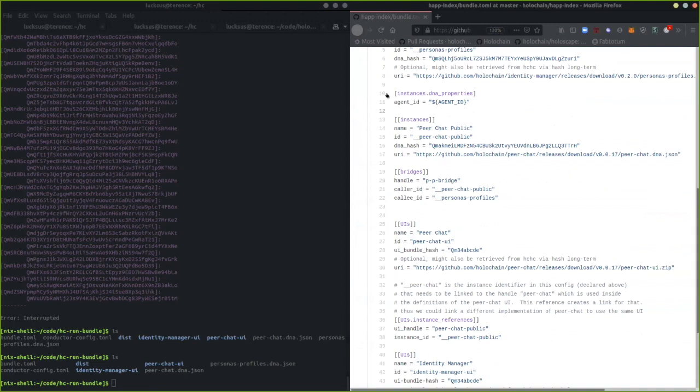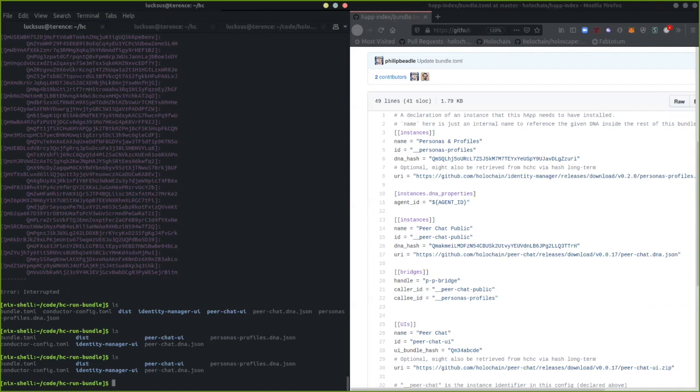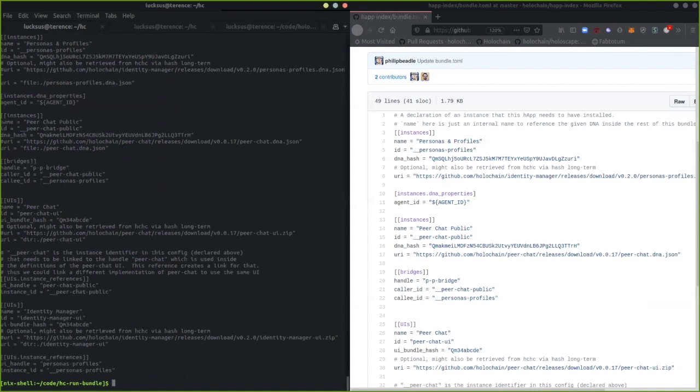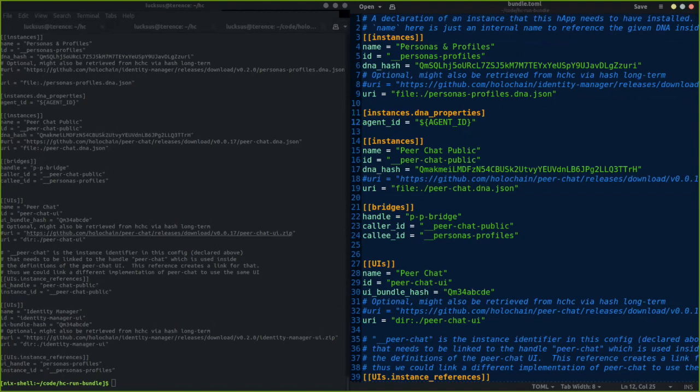But what I did here is I just downloaded this hApp bundle file from our hApp index, and I have it here in this directory. This is the bundle file here. And I just made a few changes to reflect how it would look when you would develop. So instead of pointing to GitHub for the DNA, I have a local file URI for both DNAs and also